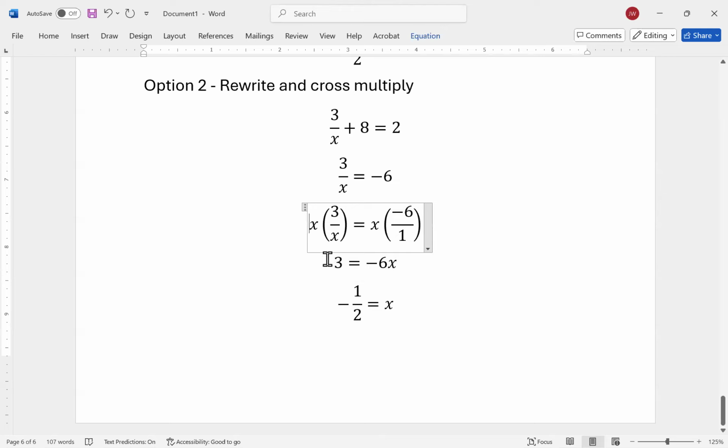Or multiply 1x, I guess. 1x on both sides. And notice that this x would cancel out with this x. I'd get 3 times 1, which is 3. This 1 would cancel out with this 1. I'd get negative 6 times x, which is negative 6. So cross multiplication works because